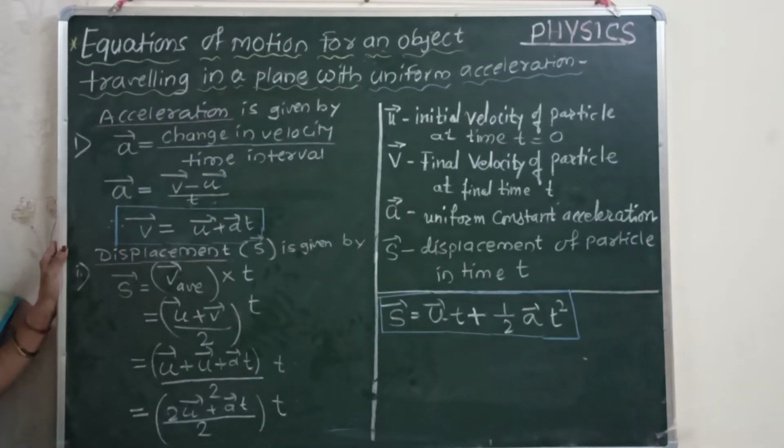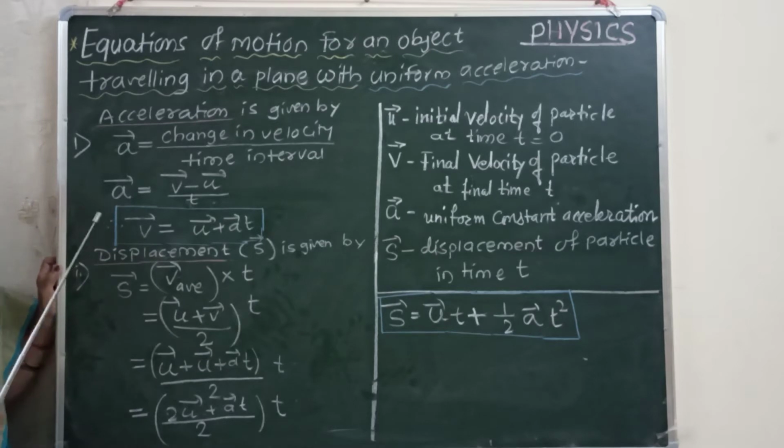Equations of motion for an object moving in one dimension. That means for rectilinear motion of the object, we have derived 3 kinematical equations and you are familiar with them. First equation is with acceleration of a body, and this acceleration is related to the velocity. So first equation of motion is related to the final velocity of a body, and in rectilinear motion it is v is equal to u plus at.